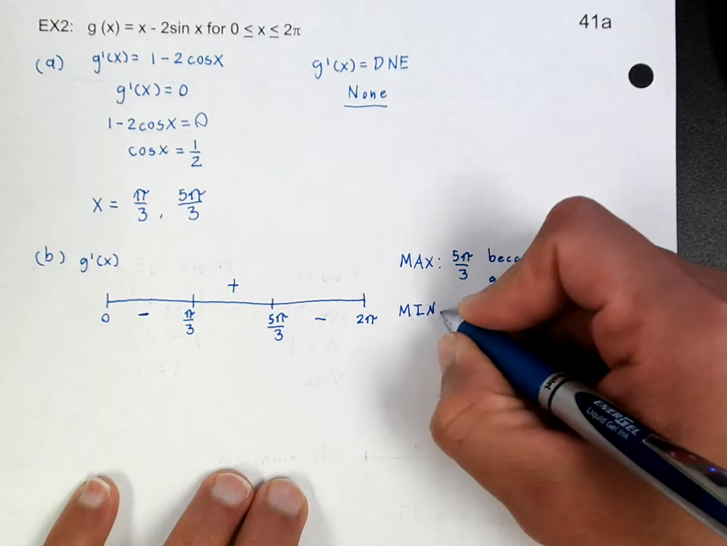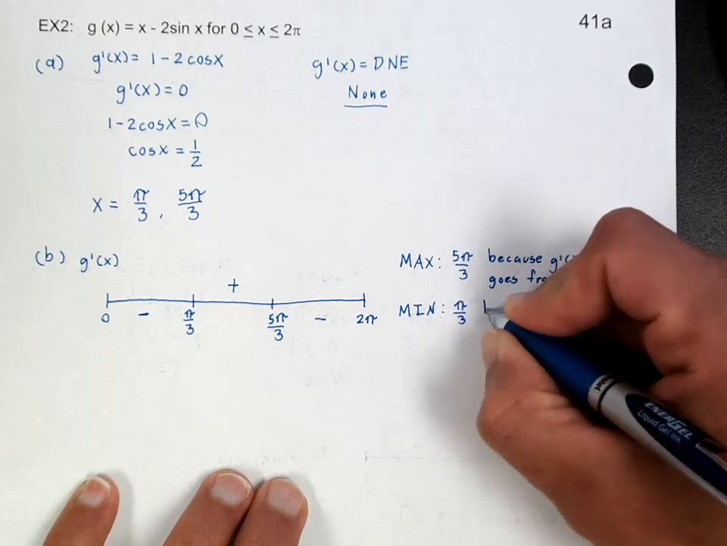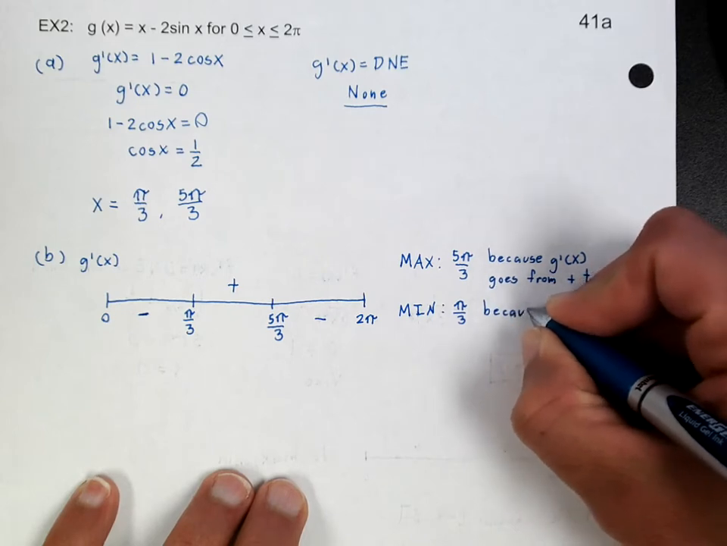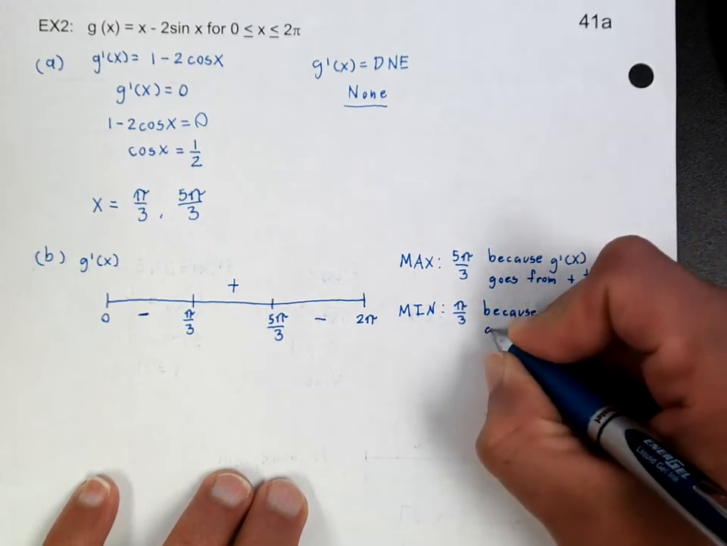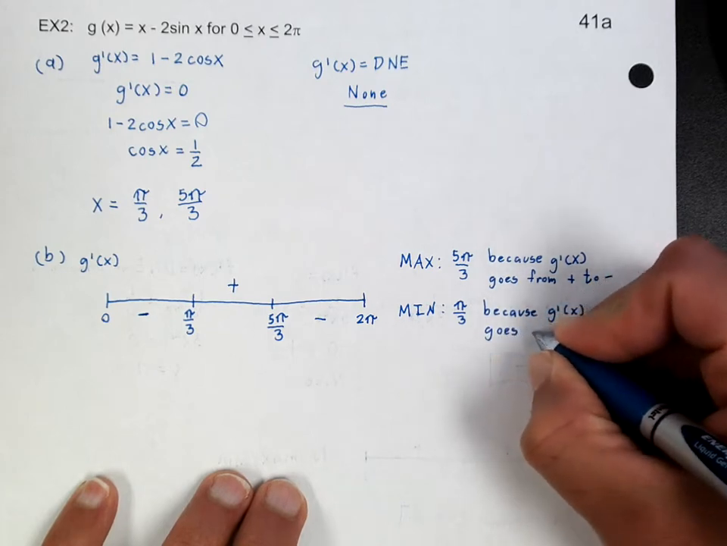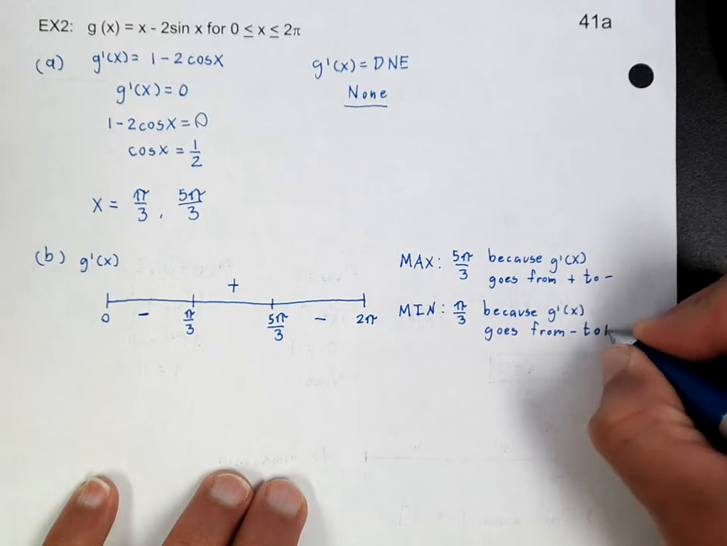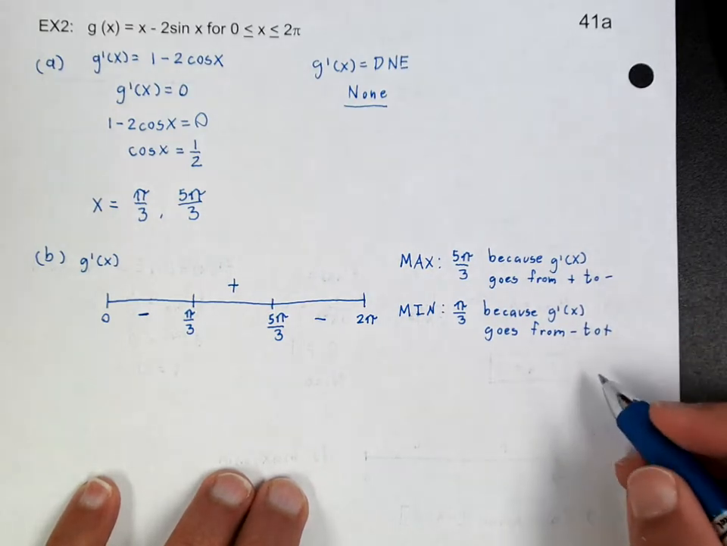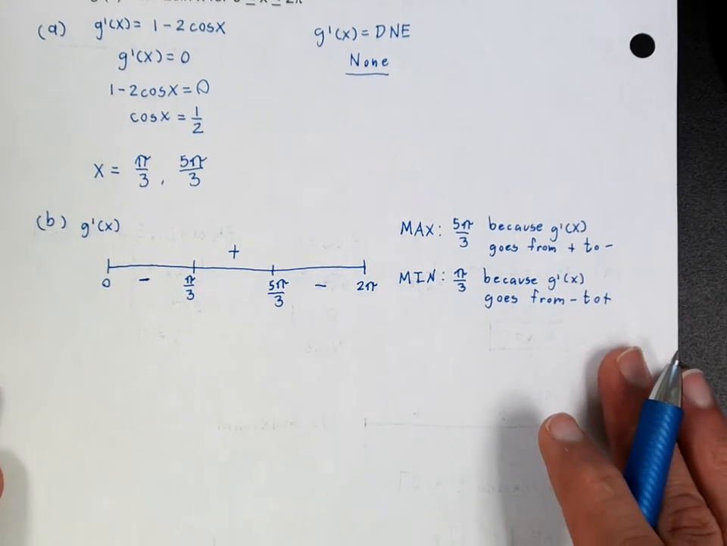Alright, my minimum, same idea. There's a minimum at pi over 3, and that's because g prime of x goes from negative to positive. Okay, so notice that's the same thing, it's just backwards, right? The explanation is just that. Okay, so on the C part,